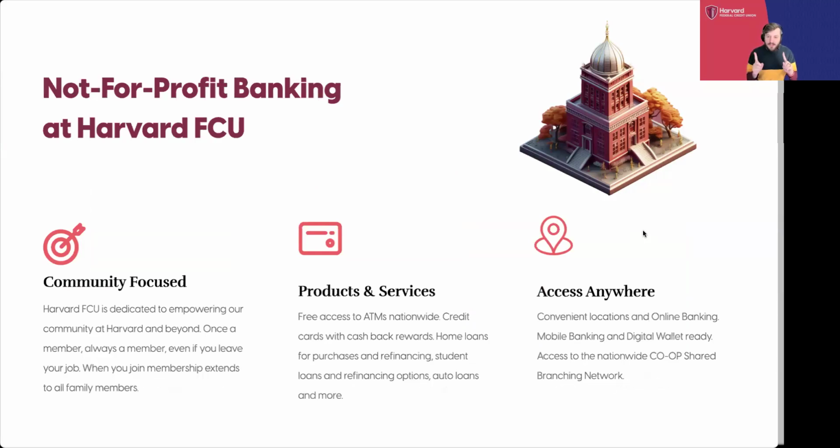So the number one question we always get is, what is the difference between a credit union and a bank? Because not enough people know, and that is totally fine. Credit unions are not-for-profit financial organizations. So basically what that means is that we do everything a bank does. Checking accounts, savings accounts, loans, we even do investing, we do student loans, mortgages, HELOCs, we do all the same stuff a bank does. But we are not for profit. So we are not trying to make a profit off of our members for shareholders or anything like that.